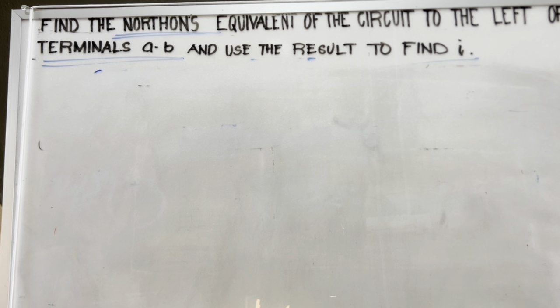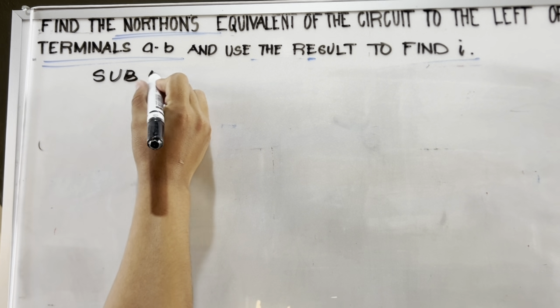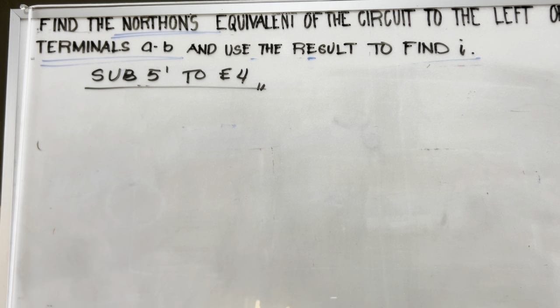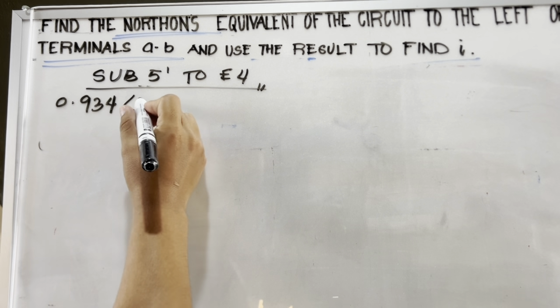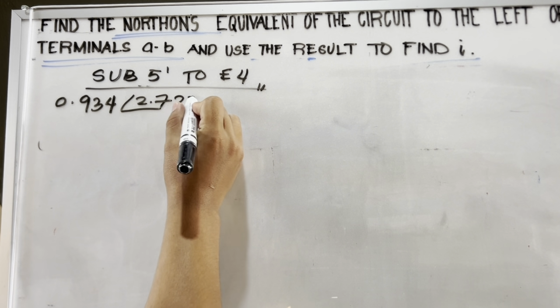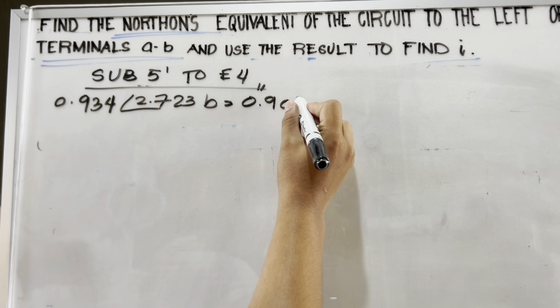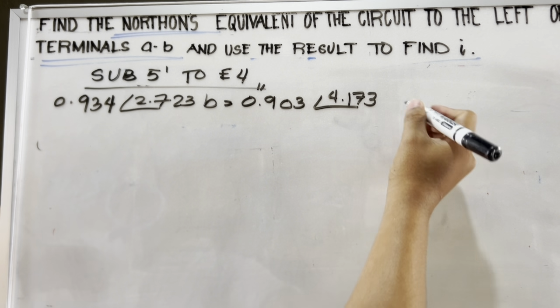We will now be ready to solve the letter B. So we will then substitute 5 prime to equation 4. As we solved before our 5 prime and equation 4, we will now substitute 5 prime to equation 4. Alright? Equation 4. Therefore, we have 0.934 angle of 2.723 times B is equal to 0.903 angle of 4.173 times